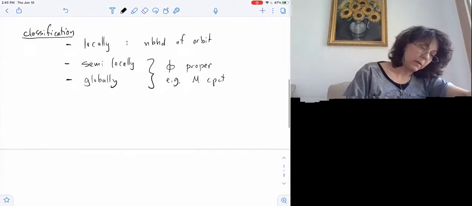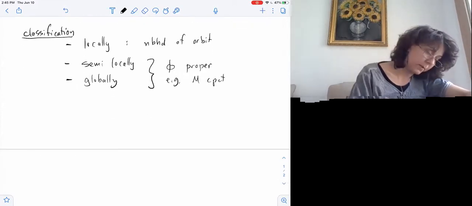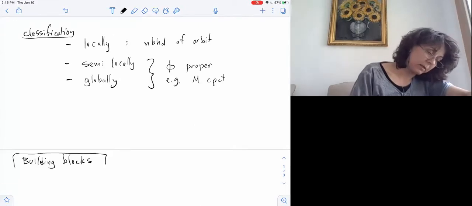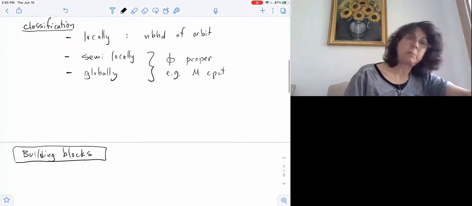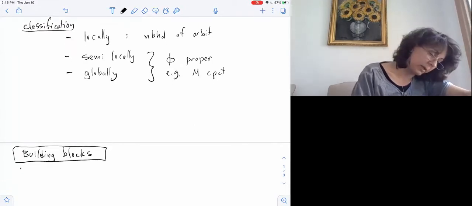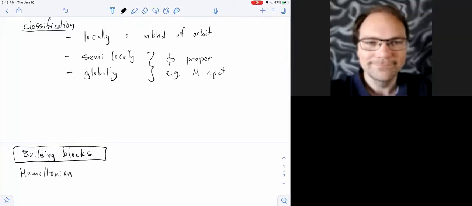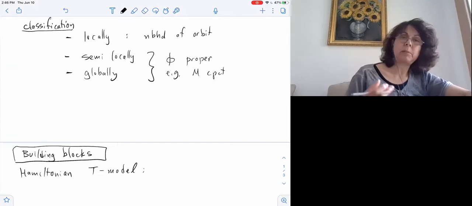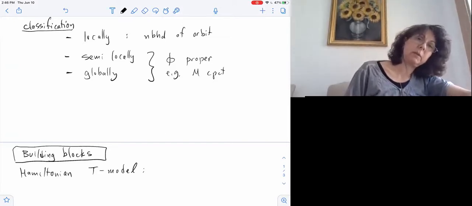Now, let's start with the local picture. Let me remind you of the building blocks for Hamiltonian torus actions, again at this point in any dimension. We call these building blocks Hamiltonian T models. You can write down very explicitly what they are. So what is a Hamiltonian T model? It's a very explicit example of a symplectic manifold together with a Hamiltonian